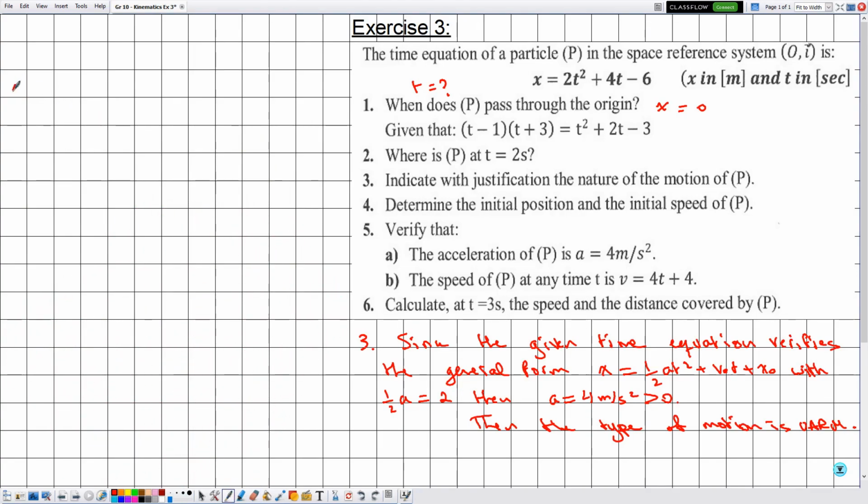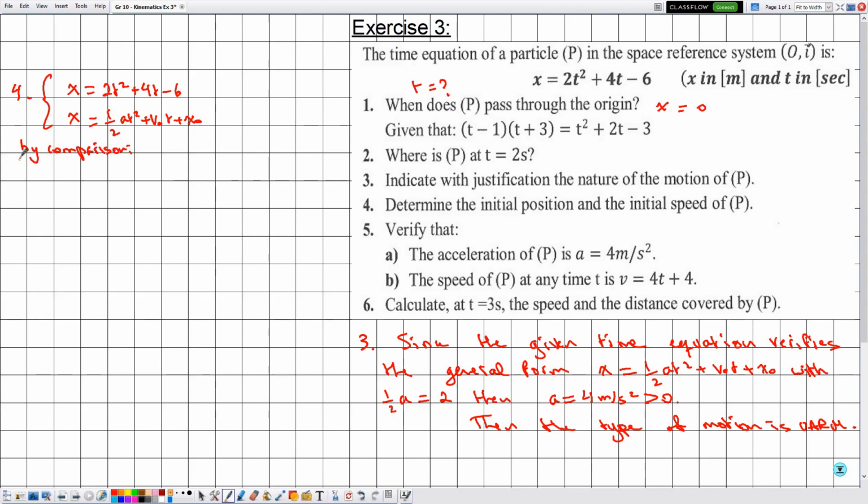And now as for number 4, we need to determine the initial position and the initial speed of p, and this can be done by comparing the general equation with the given time equation. We have that x is equal to 2t square plus 4t minus 6, whereas the general equation is in the form of x is equal to half at square plus v0t plus x0. Then now we can say by comparison,